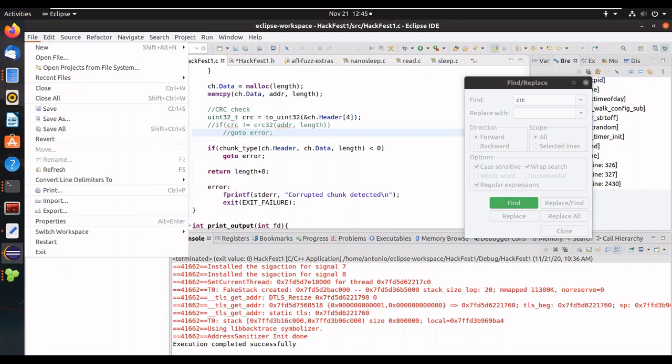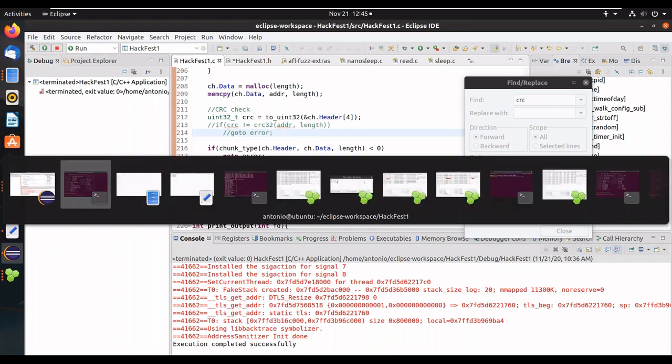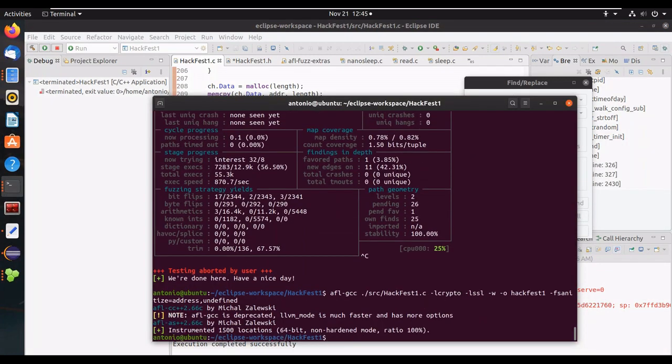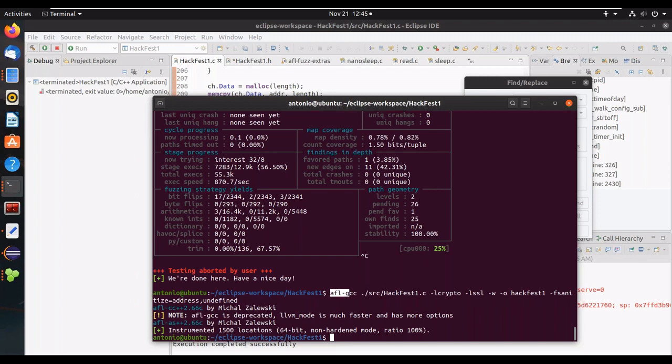That's the first step that you need to do. And then we are going to compile the code again. Okay, now you need to put AFL GCC. You can see on my screen here the command line, Johan. All that you need is AFL GCC,